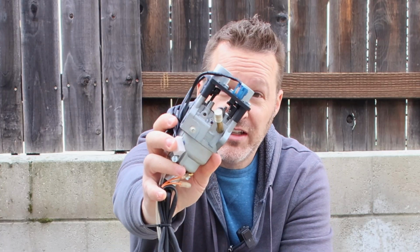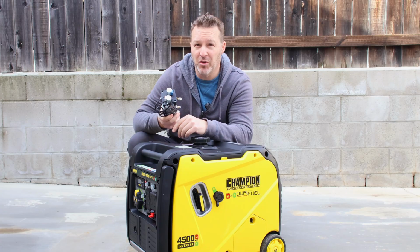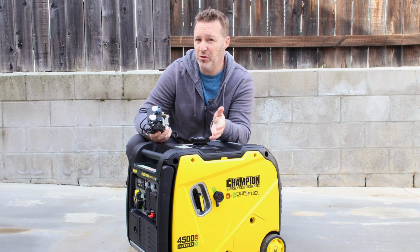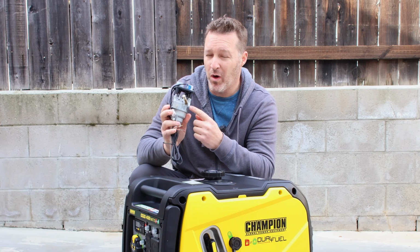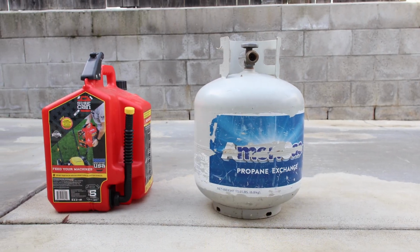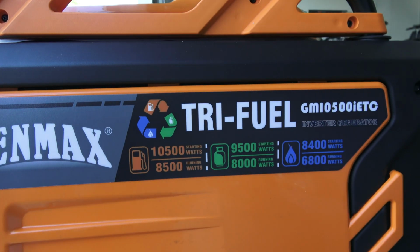Today I'm showing you why dual fuel generators are better, and all the pros and even a couple cons that happen to come with them. I'll also discuss a little bit about a tri-fuel generator and show you exactly the reason that they are better. Dual fuel meaning two types of fuel like gasoline and propane, while tri-fuel adds an extra fuel which would